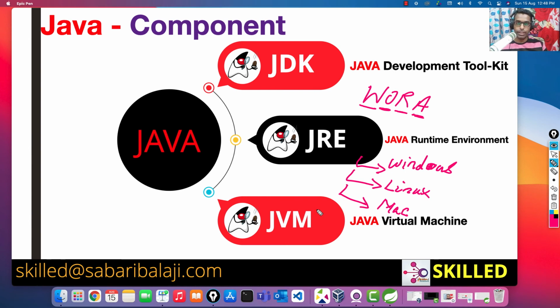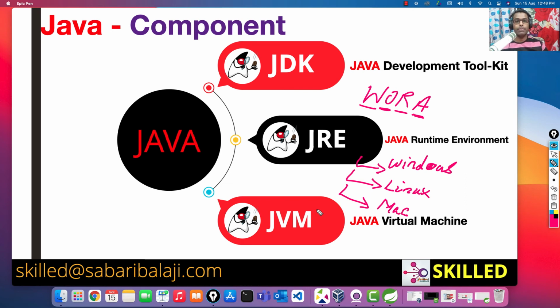And more interestingly, the JVM makes the Java technology to be called platform independent, because JVMs are specifically available for each and every operating system, and they will take care of ensuring the bytecode that we generate will be executed in these platforms.